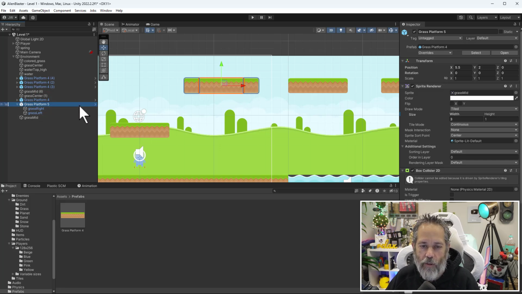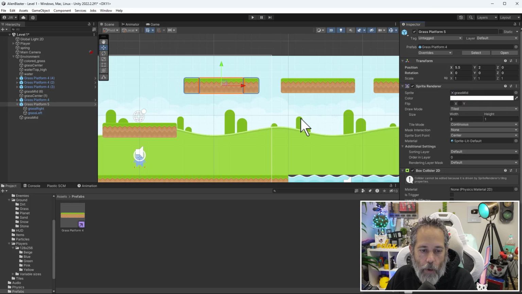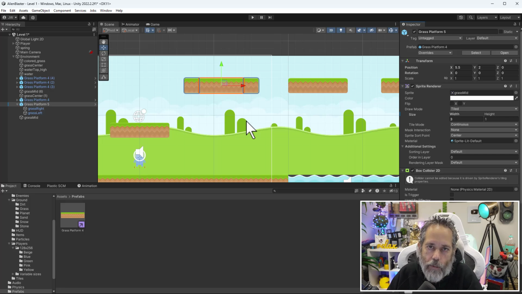So I want to make this into a prefab as well. I've got a couple of different options here. First thing I could do is I could hit overrides and hit apply all. But if I do that, what's going to happen is all of my platforms are going to change to be 5 wide. That's not what I want to do. So I'm going to hit Control Z or Command Z, whatever your hotkey is, and we're going to instead create